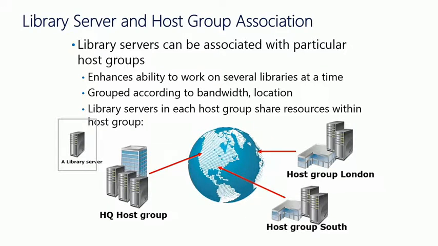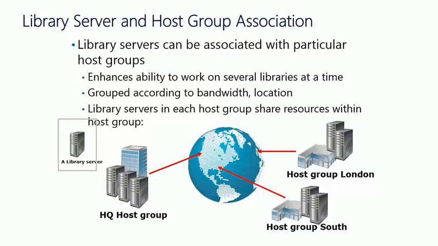Now, the way you want to think about logically deploying your library servers is having one at each site. The reason for this is to minimize traffic over a WAN link. So if you have a single data center, you're probably fine having a single library server, because if you're deploying a 20 gigabyte VHD file, it's still staying local within your network. But if you have multiple branch offices, you're probably going to want to have a library server at each of those